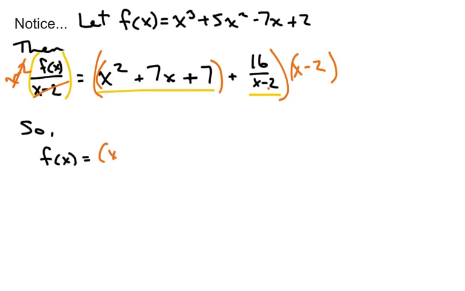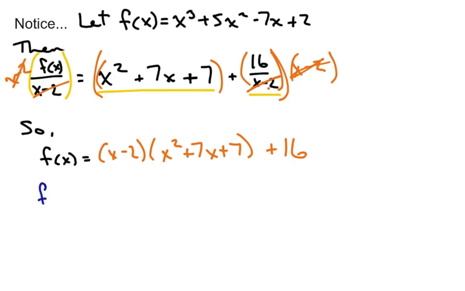This x minus 2 is going to get multiplied by the quadratic, x squared plus 7x plus 7. And it's also going to get multiplied by this fraction here. But when I multiply by this fraction, those two cancel and I'm just left with 16. It's just rewriting it in another form, but the nice thing about this is, now, let's find out what f